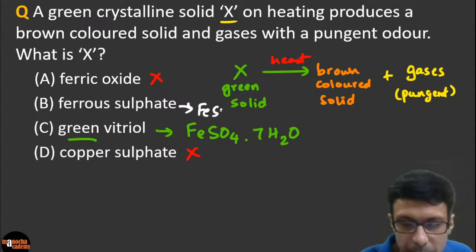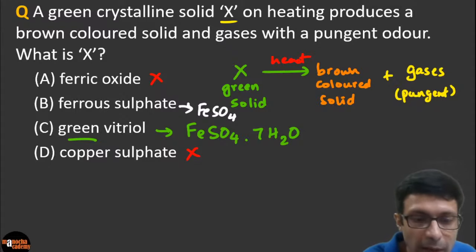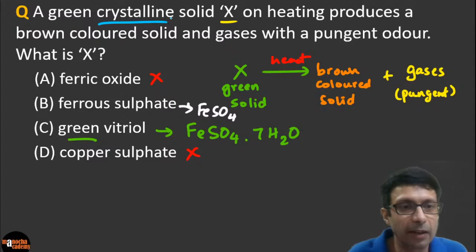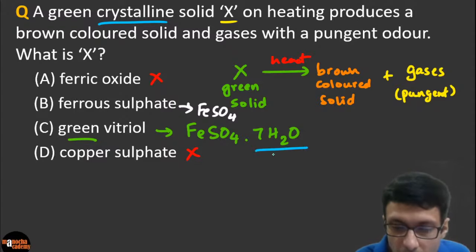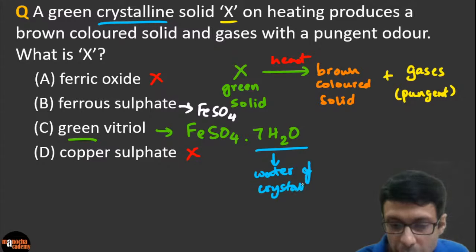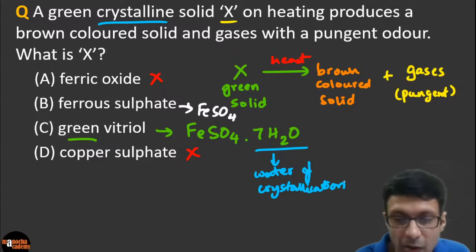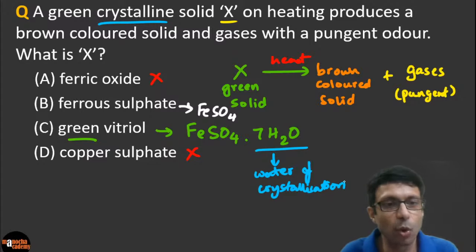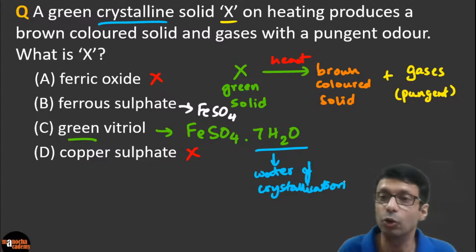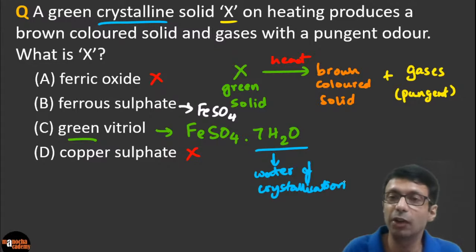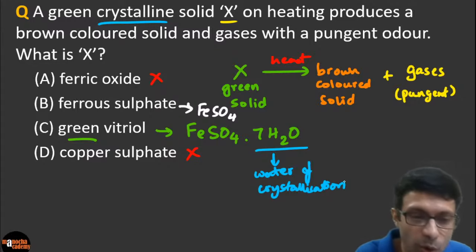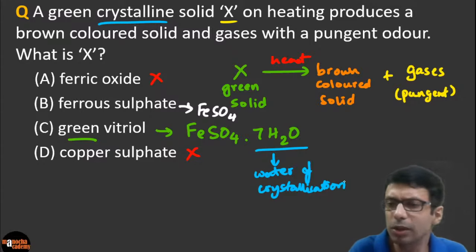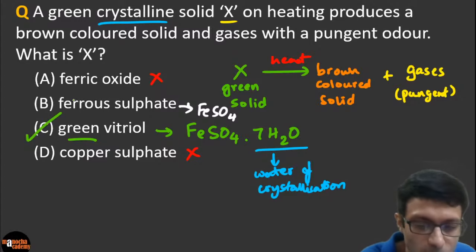And it says crystalline. Look here, crystalline. So you know that we are looking for a solid and it could have a water of crystallization, right? So you know that ferrous sulfate.7H2O is the best answer to go for here, and you can check your book also says it is green vitriol having 7 water. When you heat this, of course, the water vapor will also get released, which wasn't given in the question, but I think the best answer to go for here is